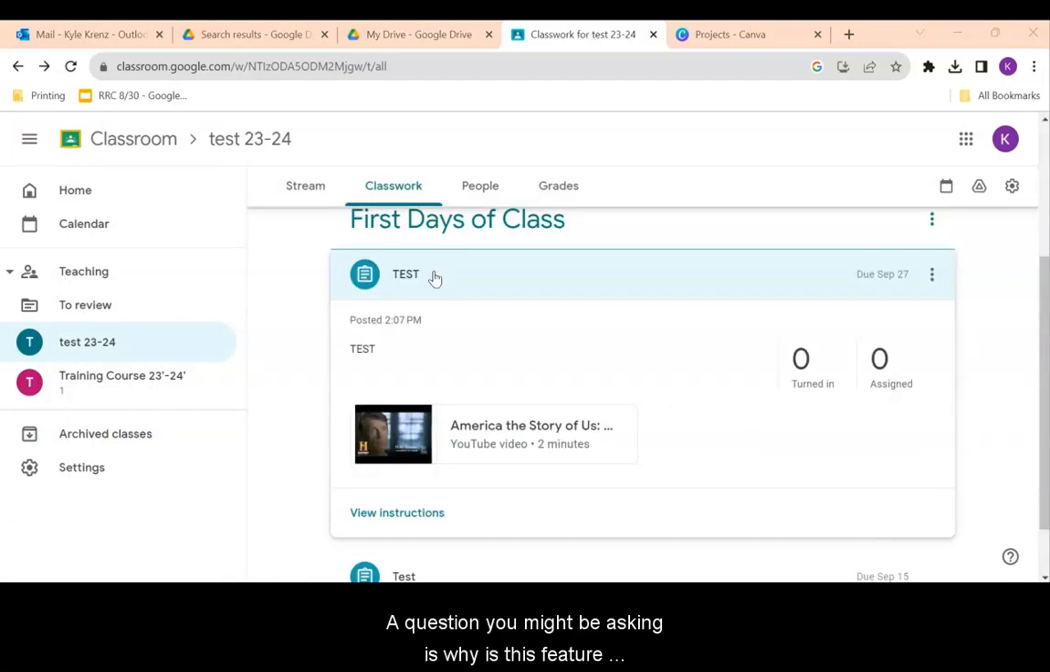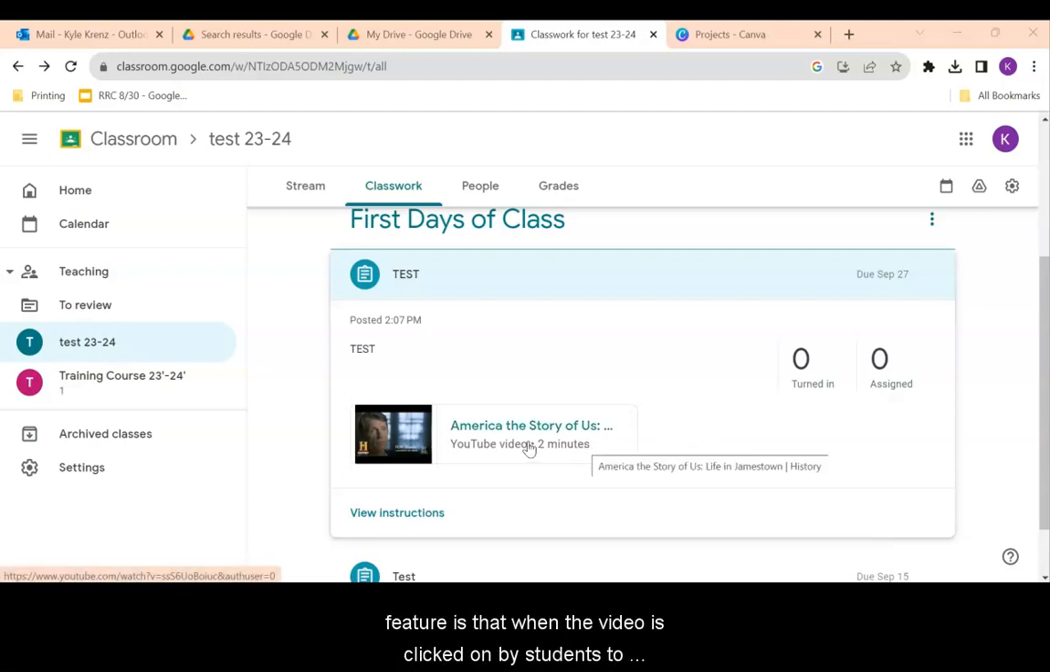A question you might be asking is, why is this feature helpful? By adding a YouTube video through Google Classroom, it helps teachers in a few ways. One, by adding the video through Google Classroom, all ads will be taken out of the video as you and your students view. Another reason to use this feature is that when the video is clicked on by students to